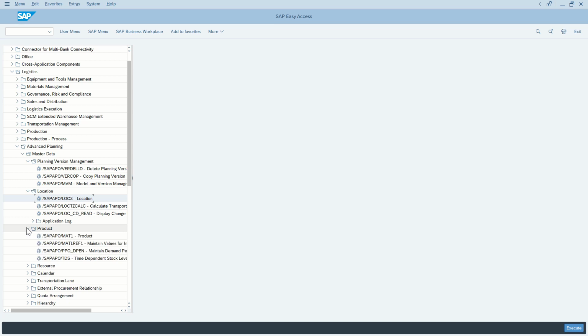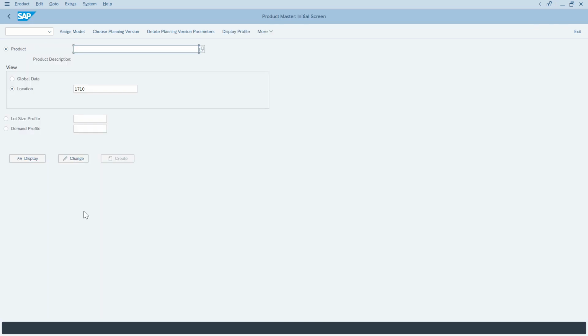Just go to product, and yeah, you can display the product from here. This is the T-code /SAPAPO/MAT1. Let me check whether the product master is available or not. PPDS_FG, and this is the location. If I click on display,